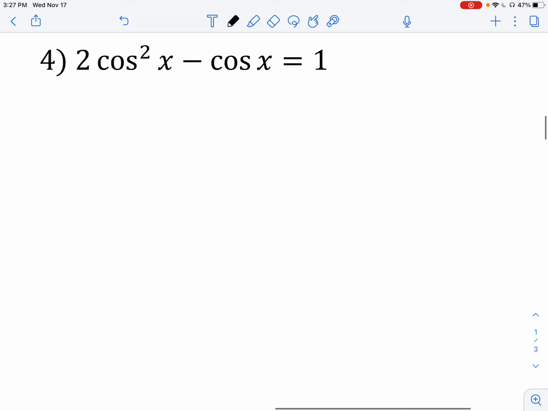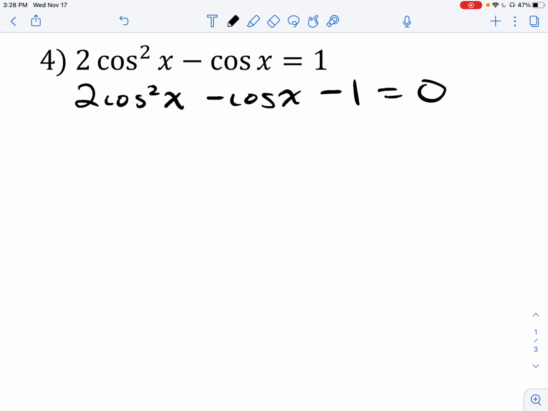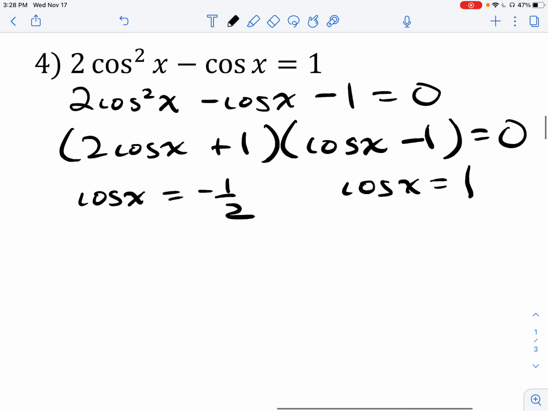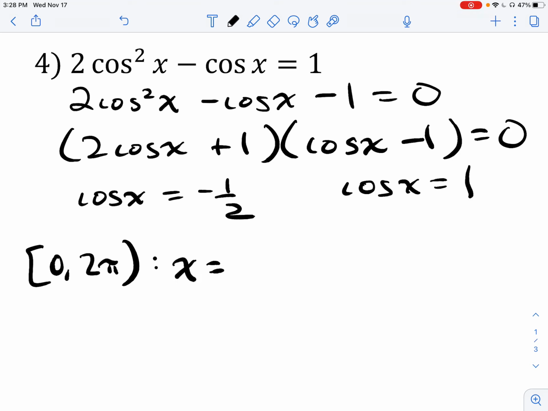All right, 2 cosine squared x minus cosine x. This, I would then just solve like it's a polynomial function. I'm going to move that 1 over to this side, which allows me to then factor this. Oh, and that should be positive 1 there. There we go. Which then I can set each of my factors equal to 0. So I got negative 1/2. Cosine x is equal to 1. From 0 to 2 pi, then, my angles would be x is equal to 2 pi over 3 and 4